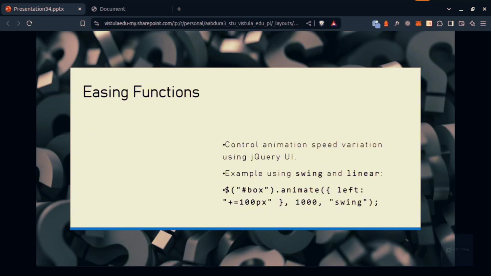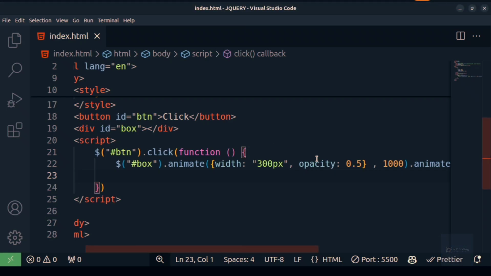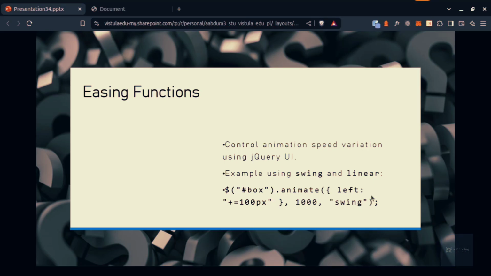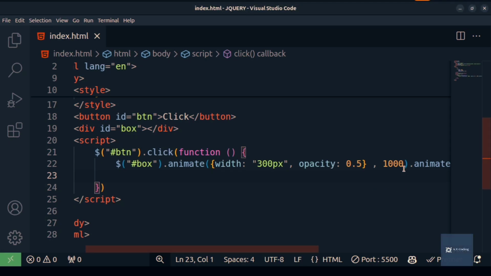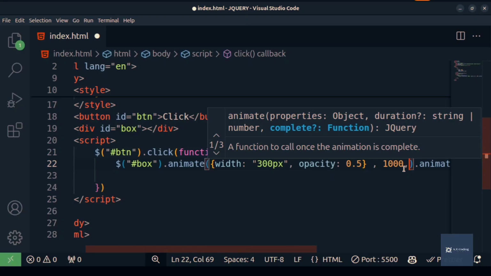So for example, here we are getting the box and animating it to the left with 100 pixels added, and we are swinging it. So what is swing and what is linear? Let's see. As you know, we learned in CSS properties like ease-in, ease-in-out, and ease-out, and these are jQuery UI's swing and linear easing functions. So here, after the 1000, I'm going to add a comma